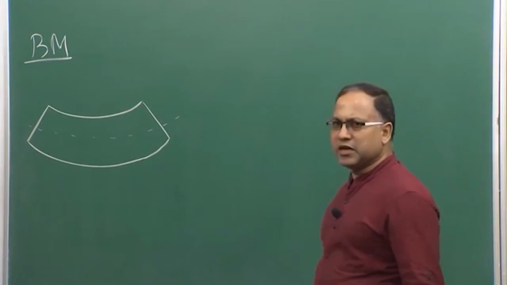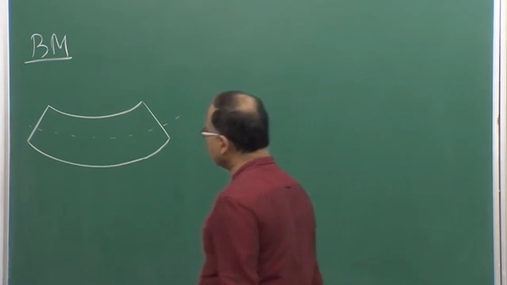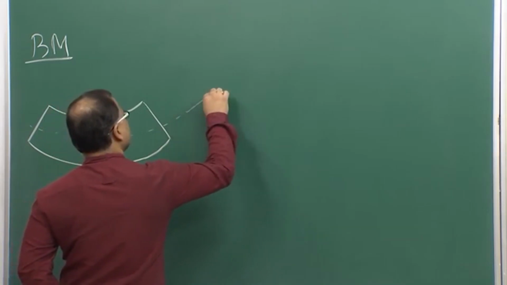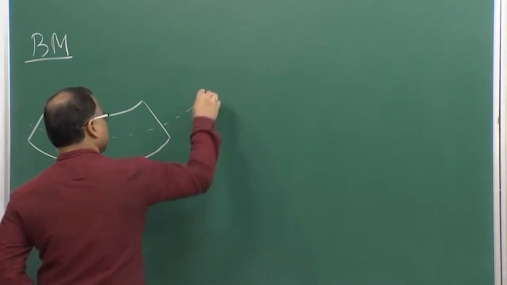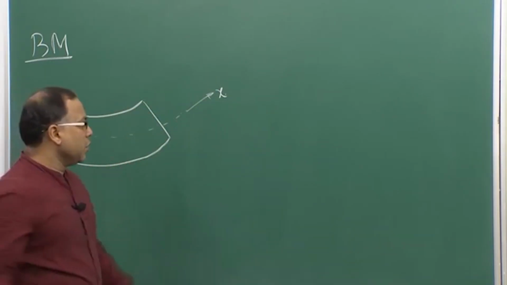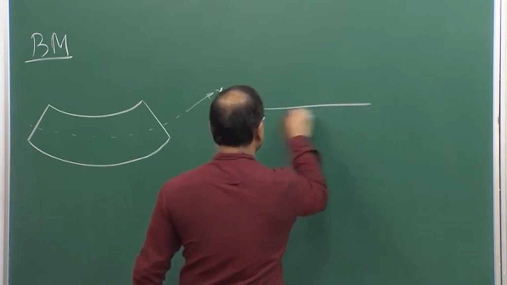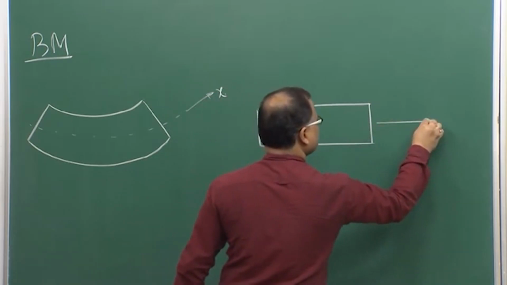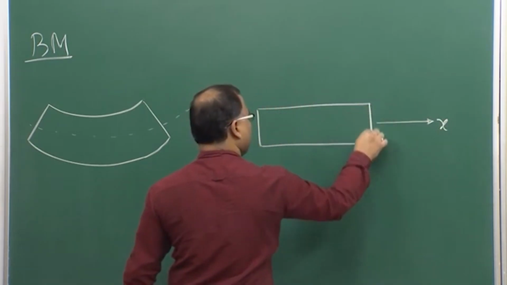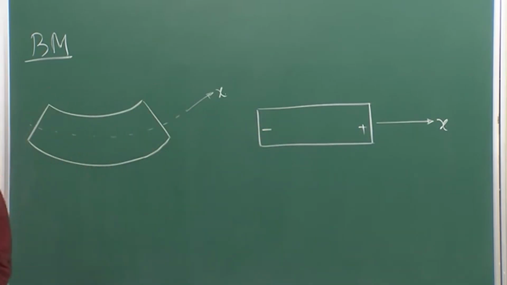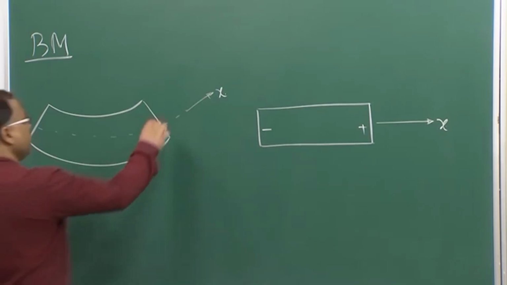So, this is an exaggerated figure; after bending it will take this kind of shape. This is my x axis, still horizontal, and this is a part of my slender member. So, this face is negative x plane, and this is positive x plane. Now, if the bending moment